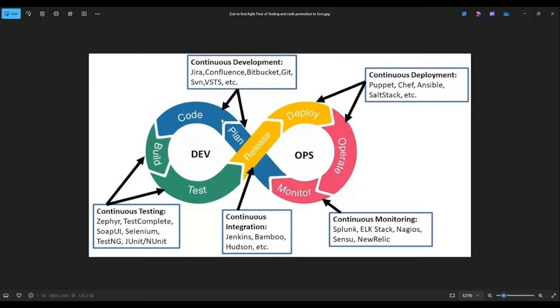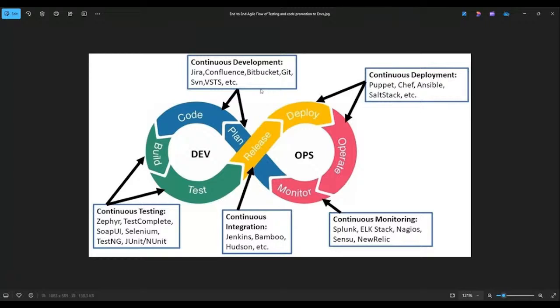So the coding is where we would use our Bitbucket, Git, right? GitHub. So there are various other continuous development tools where you would have a centralized repository into which you push your code changes, right? You maintain them in a central repository with versioning. Why? Because it's not just you who works on the project. So there can be lots of requirements and lots of development happening. So nobody might know which is the latest version that they need to pick. So that's where the Bitbucket or the GitHub